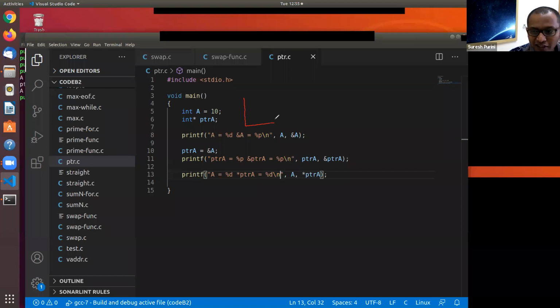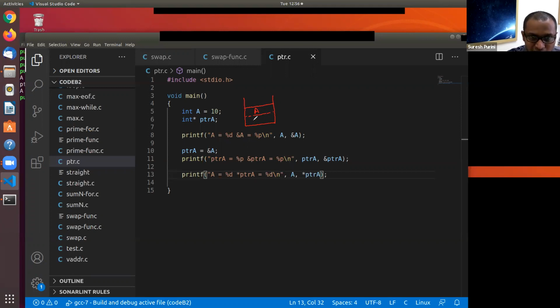There is a call stack for the program, and when the function main gets activated, there is what is called an activation record for the function main on the call stack. This is the call stack or program stack. On the program stack, the memory for the local variables is allocated.